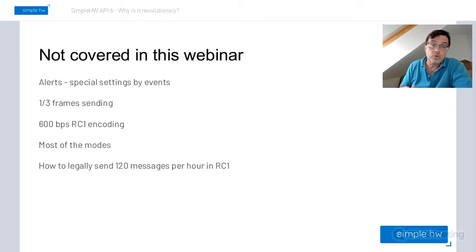We're also not covering most of the modes because we have 60 modes. Probably we will have a new webinar regarding just modes for logistics or for some of the specific use cases. And again, I said that we are also not going to tell you how to send the 120 messages. It's not that complicated. It's described in the API 6, but it is beyond just the scope. We are already a little bit late, so